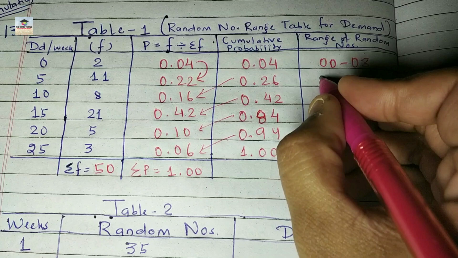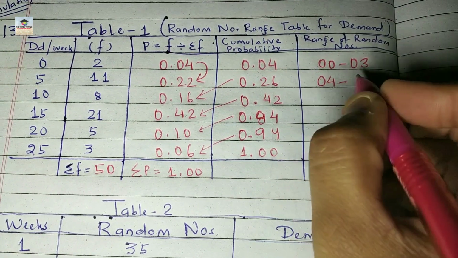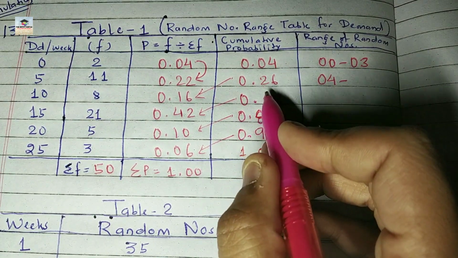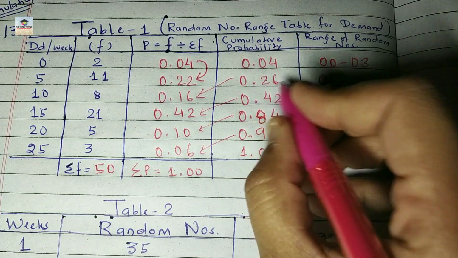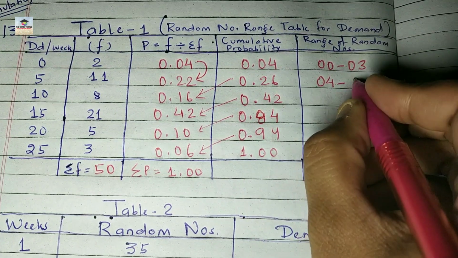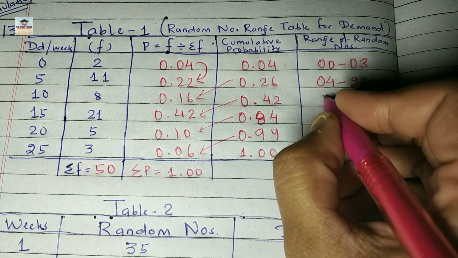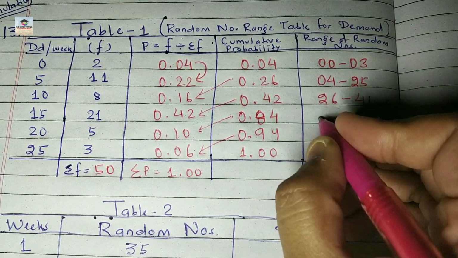And यहाँ पर क्या हो जाएगा? 03 में ये खत्म हो गया and it will start from 04 to whatever number is here, just deduct 1 from that and that will be your range. Here you have got 0.26, so ये हो जाएगा 25, right? Like this. This will be what? Now tell me, 26 से लेके 41. This will be your